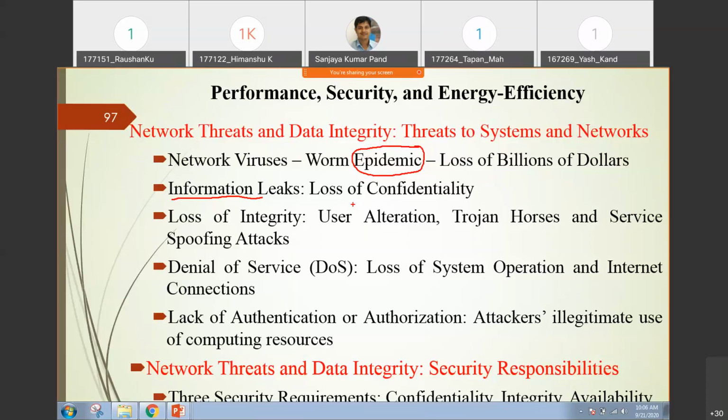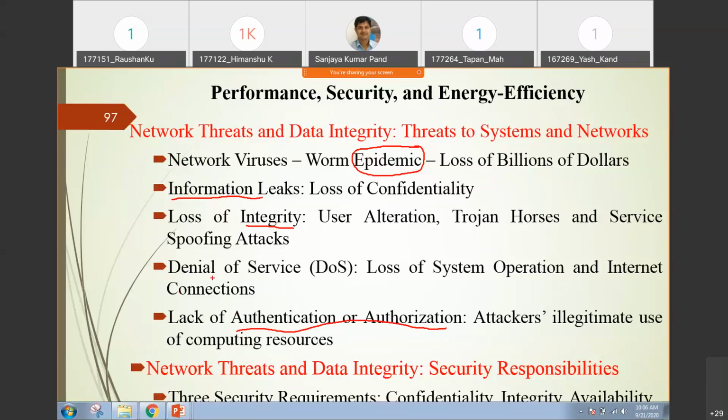And you know, in security there are many policies. For example, confidentiality is an important factor. Similarly, integrity is another factor. Access control is another factor. Authentication and authorization is another factor. So if you compromise these parameters or policies, let's say you have compromised confidentiality, with respect to that a lot of attacks are there. If you have compromised integrity, with respect to that also a lot of attacks are there. With respect to authentication and authorization, there are a lot of attacks. So I will show you that in the next slide.